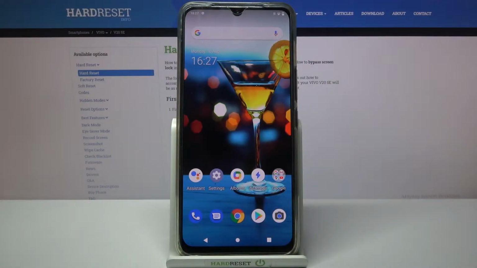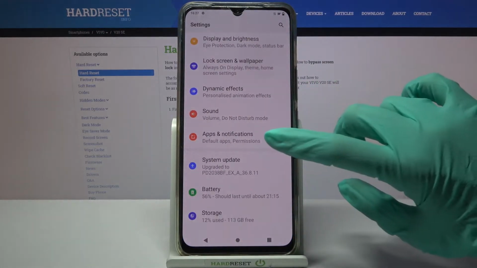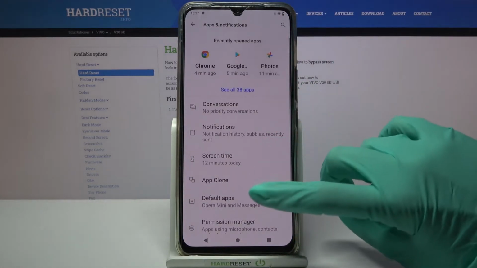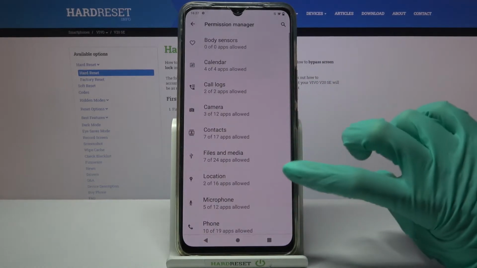Hi, in front of me is Vivo V20 SE, and today I would like to show you how you can change apps permissions on this Vivo. Firstly, access settings and scroll down. Now tap on apps and notifications, scroll down again, click on permission manager and select one of the options, like